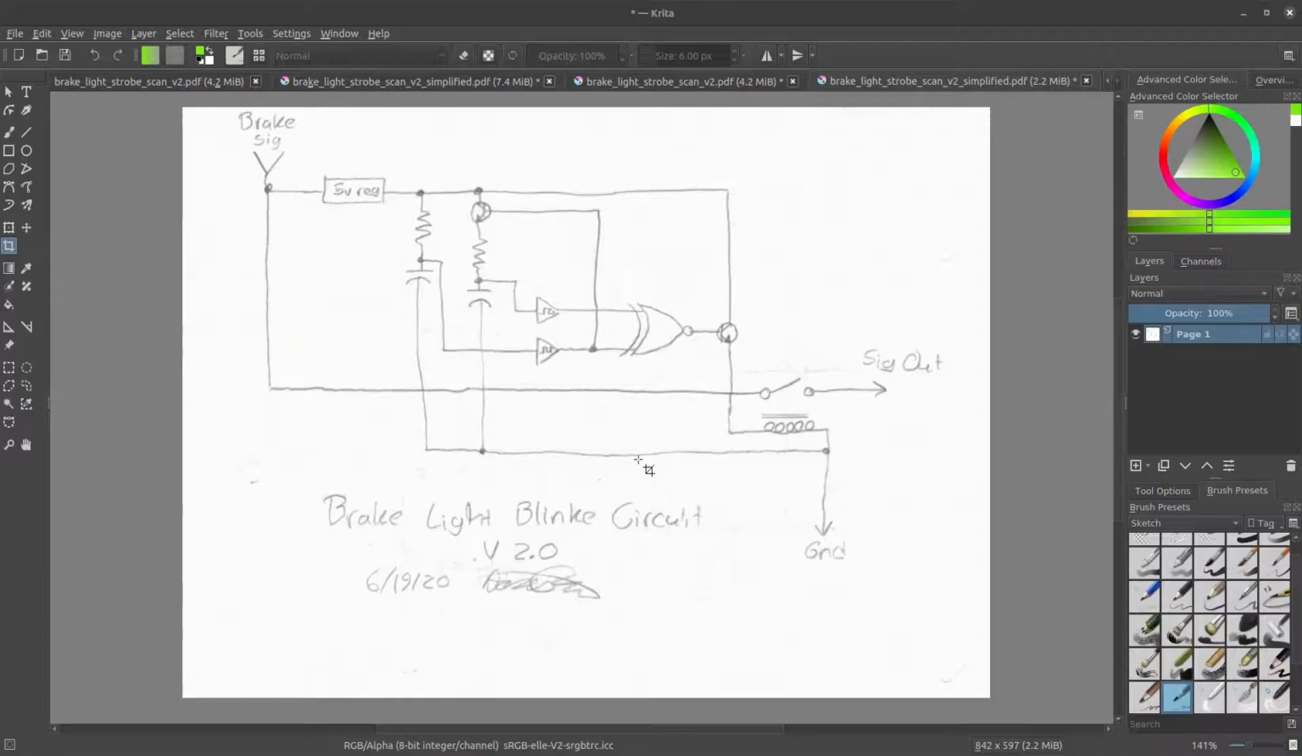So again, I'm going to start with a simplified circuit just like the last video and explain exactly what the functionality is while hiding some of the more complex discrete components. So this is the simplified brake light blinker circuit. Here you have the 5-volt regulator, you have the two timing capacitors, and then those are connected to Schmitt